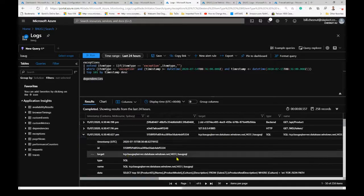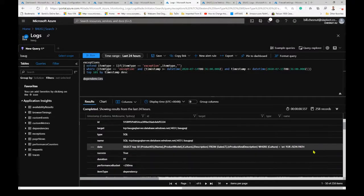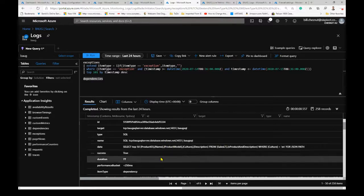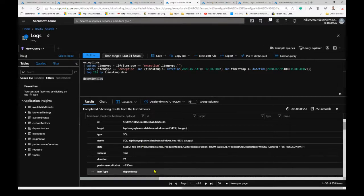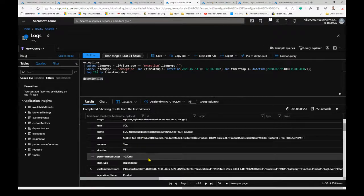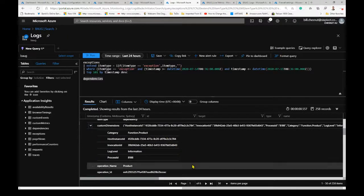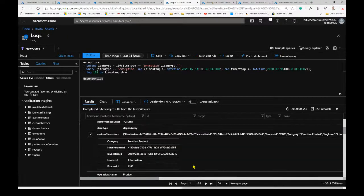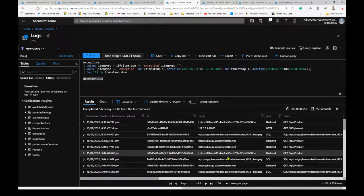If you open that up, you can see some more of that SQL. You can actually see some of the data that's coming through, because I turned on a few more pieces inside of Application Insights, and it's just the configuration inside of the app service. And it tells me the duration that came in, and then some more custom dimension information about that record. And again, you could go through there and you could create an